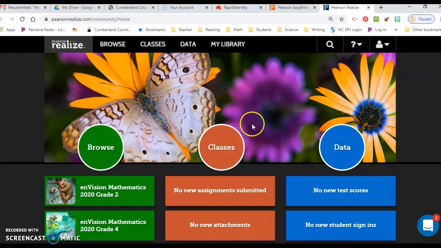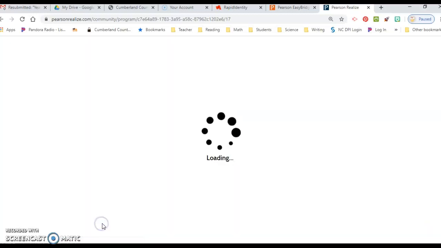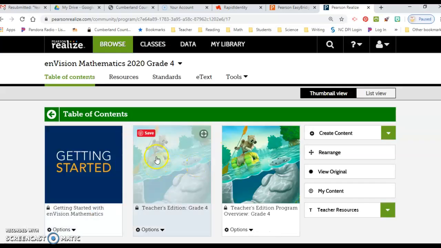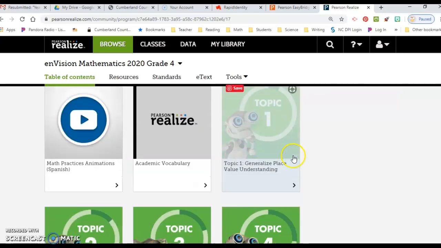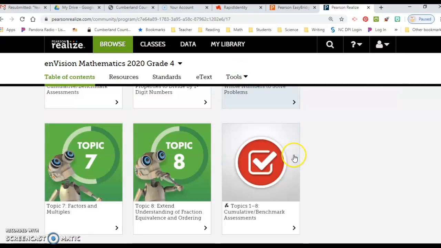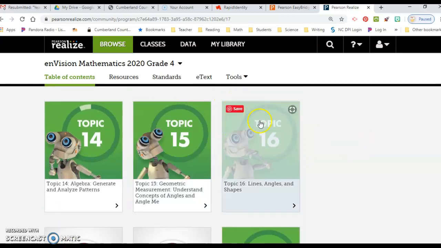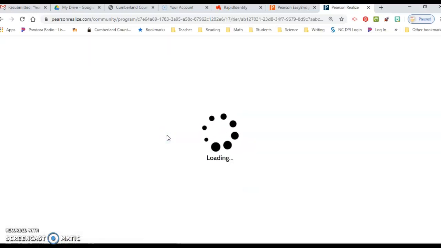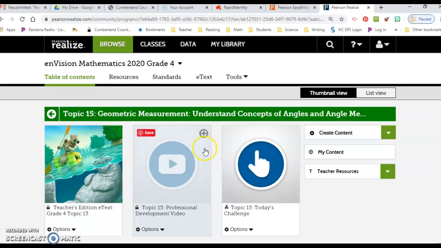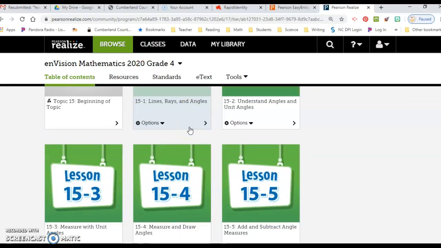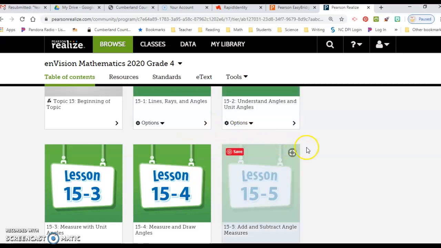Once I get here, I am going to go to my browse. I'm going to go to Envision Mathematics. Then I can go to my topics and pick which topic I want to use, and I'm going to pick one that we should have already done. I'm going to pick topic 15, and I am going to assign,